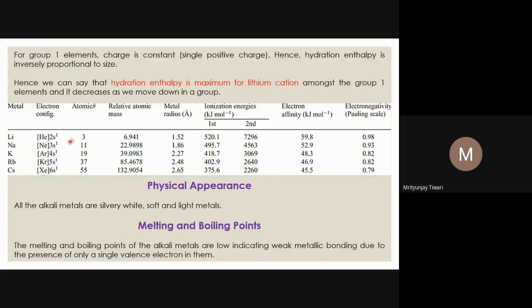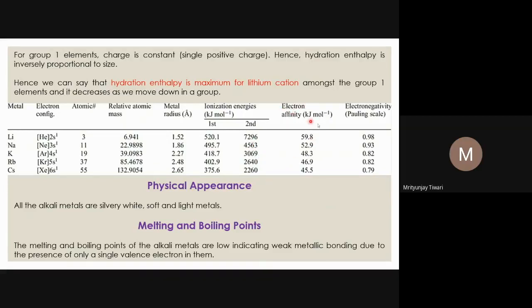There are some other properties as well, and these are summarized here. These properties I have explained here. The relative atomic mass will be increasing. That is a very common sense thing, and you also know, because with the atomic number it will also be increasing. Metallic radius we have seen, and the ionization energy or ionization enthalpy we have seen. The first ionization enthalpy is decreasing down the group. Second ionization enthalpy will also decrease, but that is not the one that we are focusing on currently.